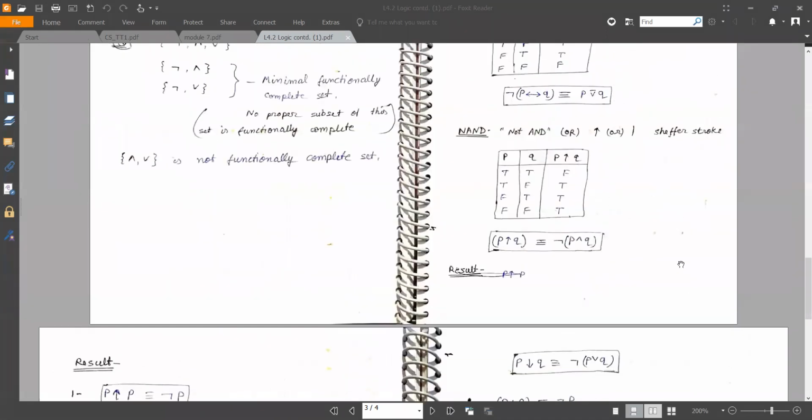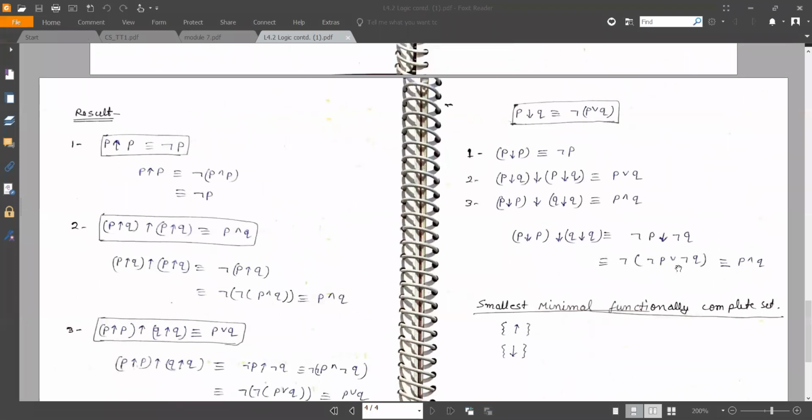Now let us move to the final formulas. As a result, what more formulas we got here is NAND of itself, NAND of an operator, again NANDed with another operator. Similarly, the similar rules that we have seen with an AND operator, now we are going to observe with a NOR operator, and we can simply observe the signs here. Signs are different.